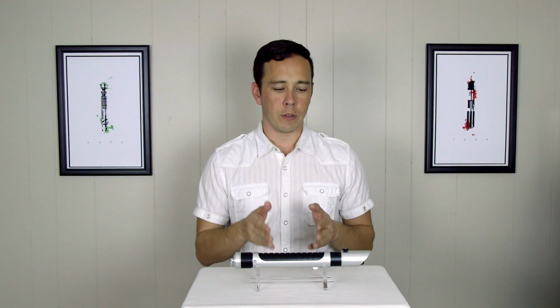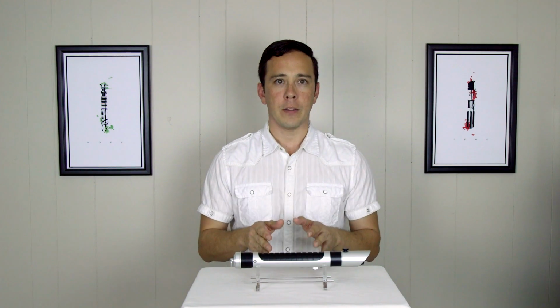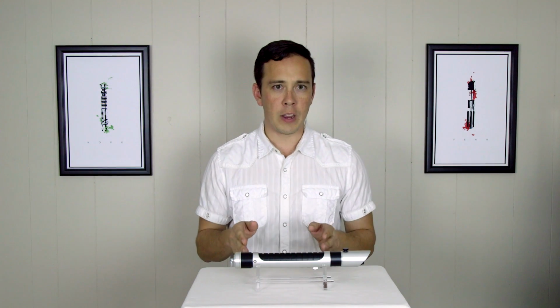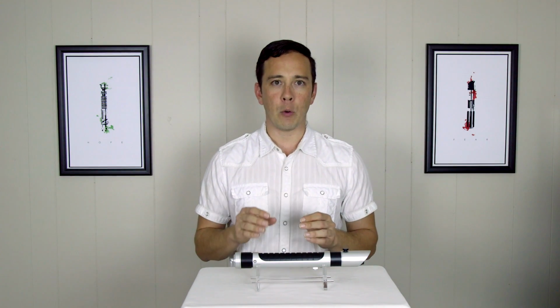I think what drew me to the Silver Knight over the other new releases was its simplicity. This lightsaber really exemplifies an elegant weapon for a civilized age. This is probably one of the most sleek and uncomplicated examples I've ever seen in a lightsaber. I'm definitely a fan of many of the more intricate models out there, Canon, EU, and custom, but the simple and clean design of the Imperial Knight's lightsaber truly makes this feel like a weapon that will be wielded by